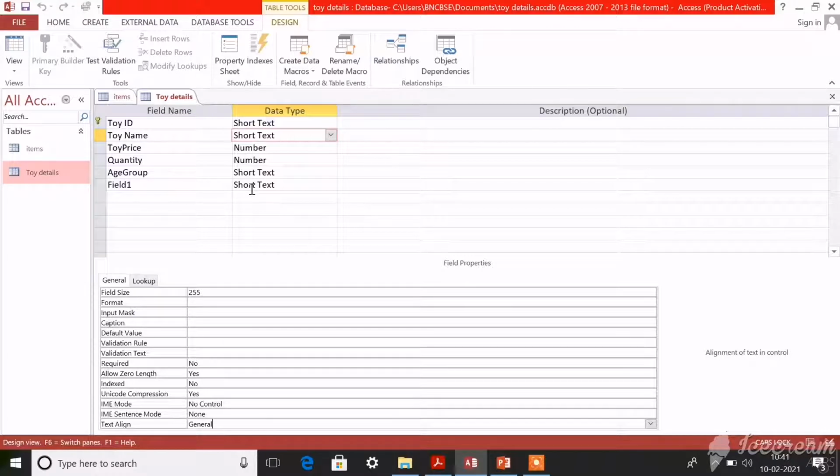But in order to make it more attractive, like if you want to give a different color to the data, or if you want to make the style of writing different, these are the changes that you make to the default data that you enter, and this is called formatting. So this will specify how your data will be displayed, that's it. Okay, so there are various types that you can follow.